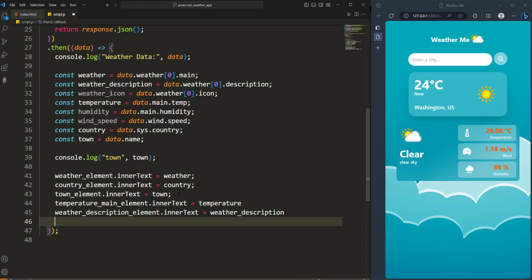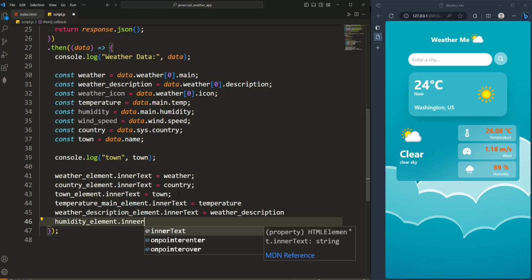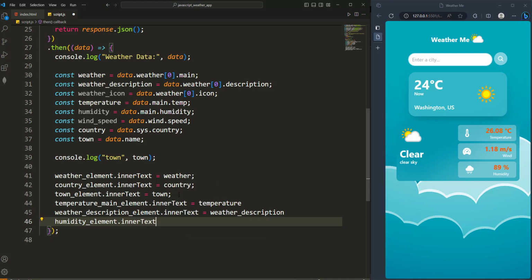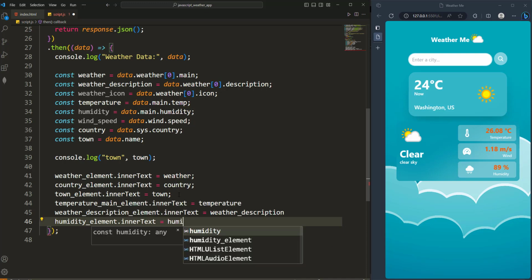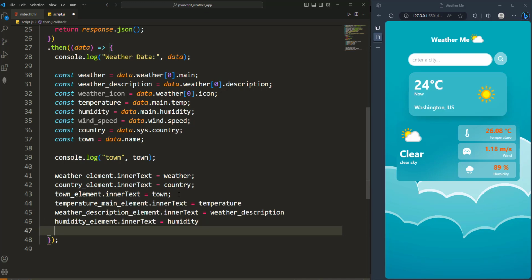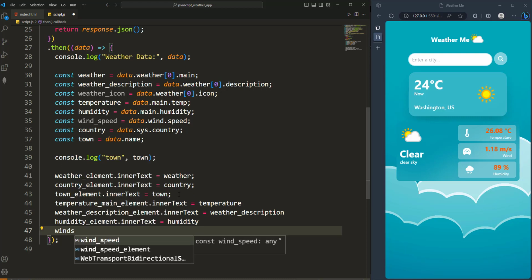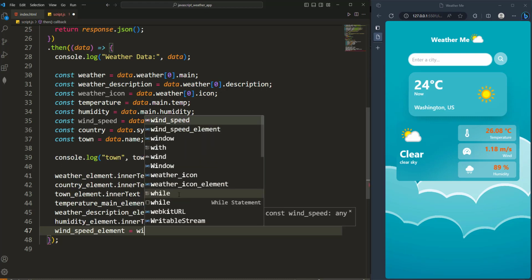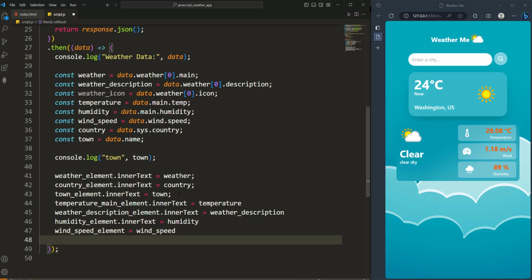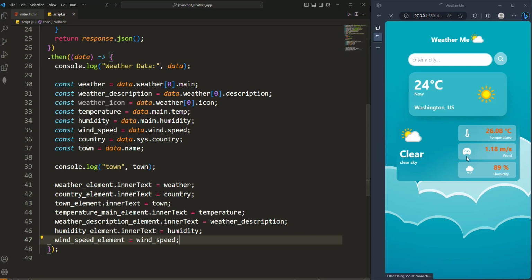And then we'll come to the icon very soon, but let's go to the humidity element. This should go a long way. So the humidity,